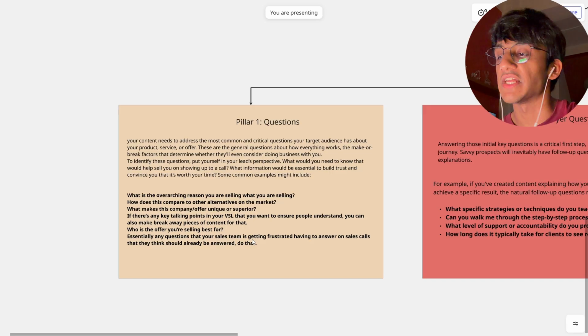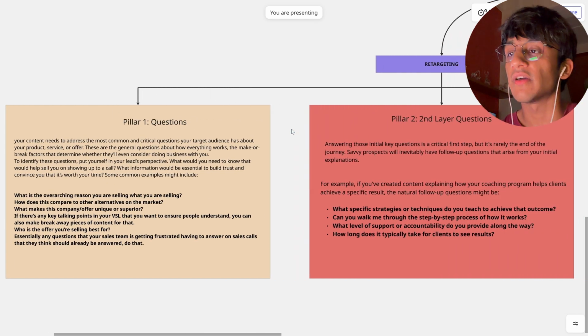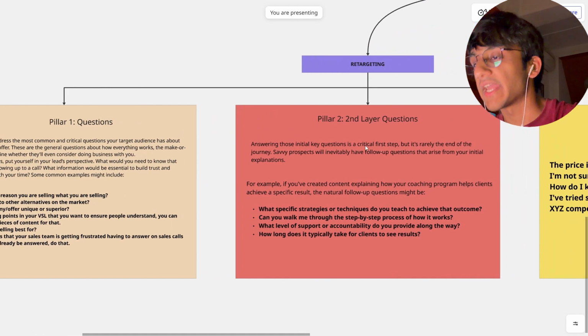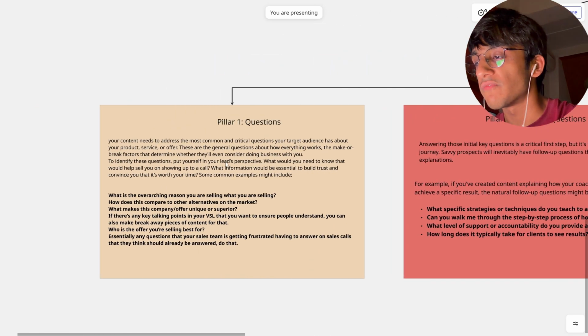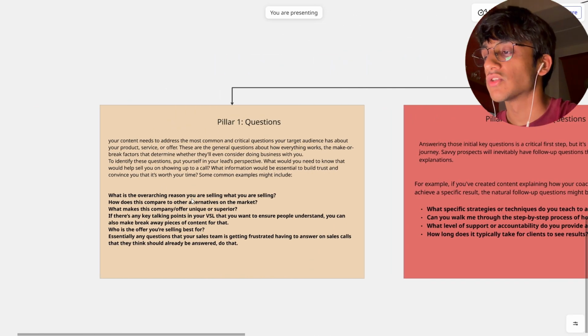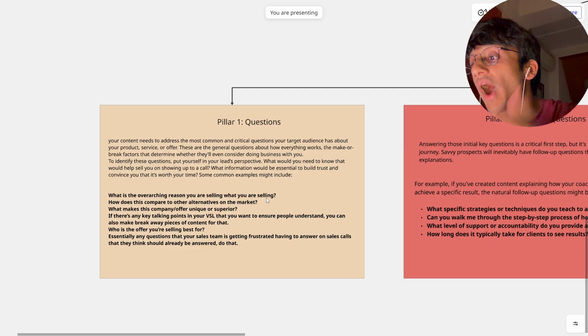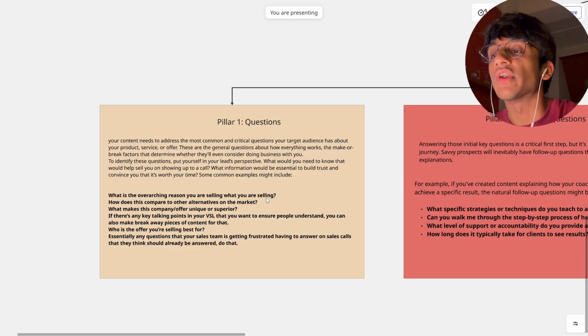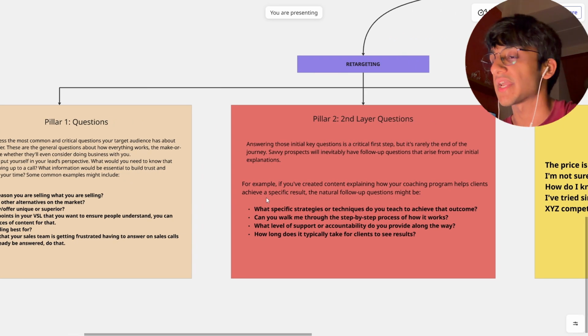Essentially, any questions that your sales team is getting frustrated of having to answer on sales calls, those are the kind of questions you want to answer through content retargeting, right? Then second layer questions are questions that are very specific. These are second layer questions to the first pillar one questions. So what is the overarching reason you're selling what you're selling is one question. Now, why are you selling this? What is the main reason behind this is a second layer question, as an example,